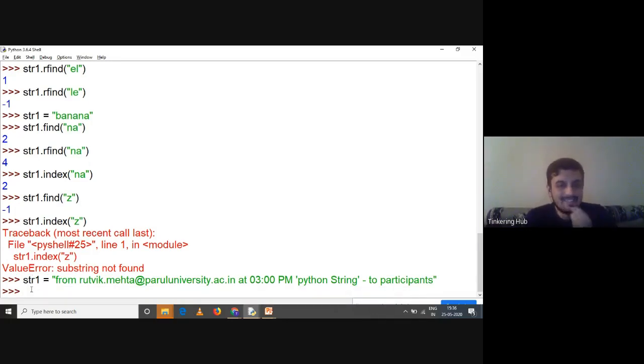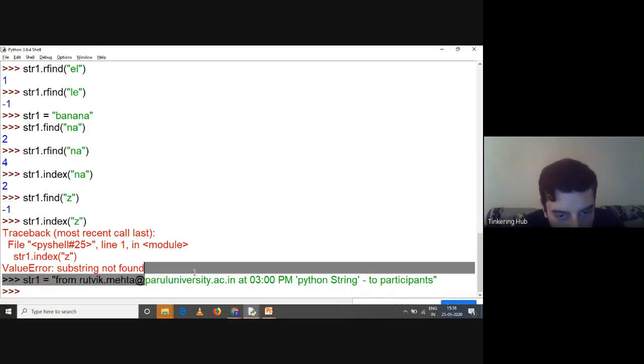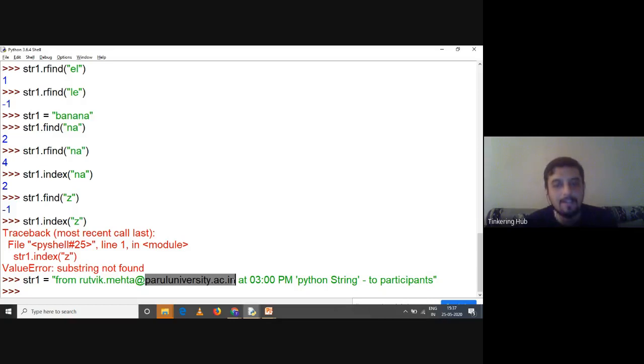Now understand this, what I want to do is I want to extract this paruluniversity.ac.in. Getting it? I want to extract paruluniversity.ac.in. Understand this, how I can extract it, right? So one method to do so is I can say str1 dot find.